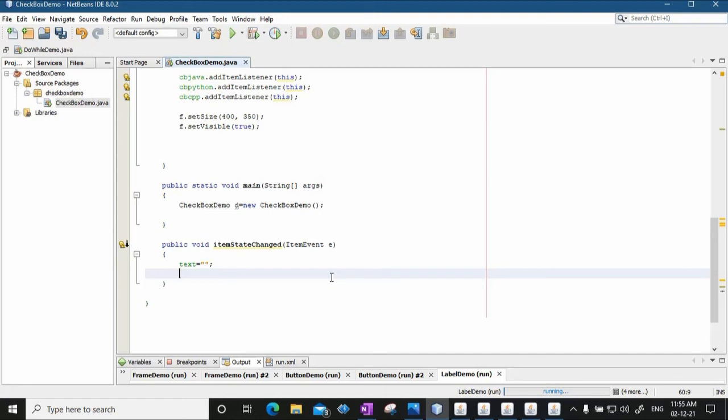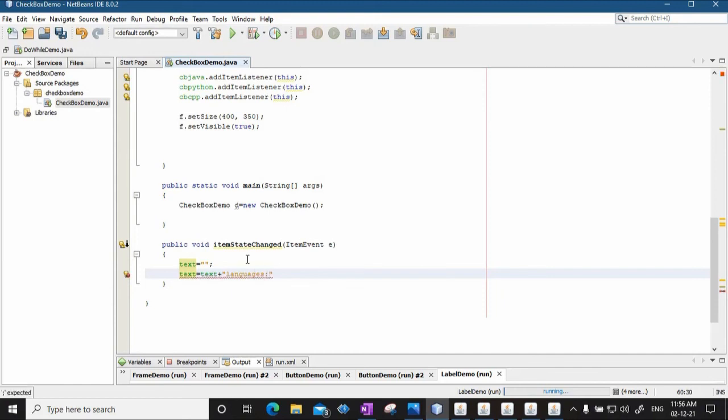So we will require a label that we can put down, so that in that label the status of these checkboxes can be written. And the text that will be displayed in this label will be this particular text. So it will say text equal to the previous text plus, that is, it will concatenate to that, say languages.